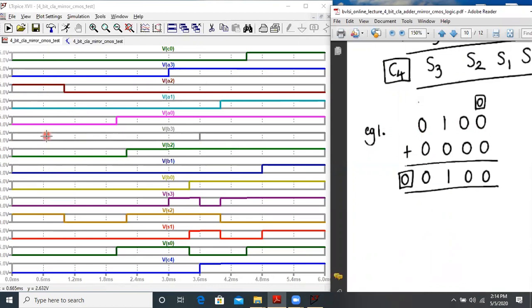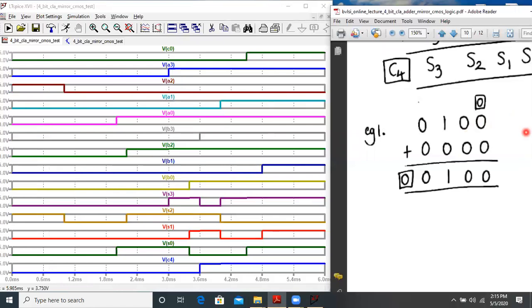B3 is 0, B2 is 0, B1 is 0, B0 is also 0. So B3 to B0 are all zeros, and the result S3 to S0 is 0, 1, 0, 0. And the carry 4 bit is also 0.